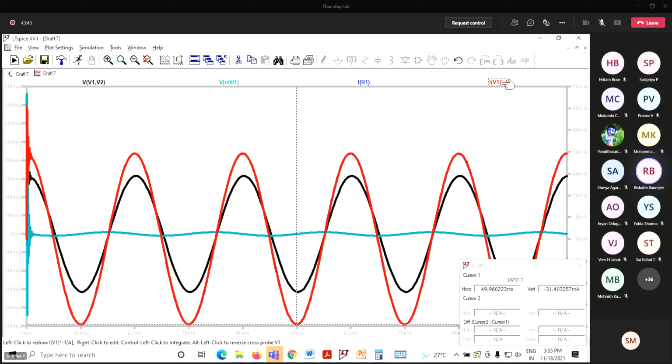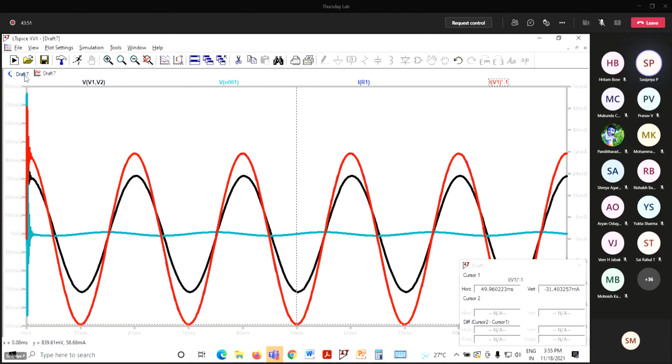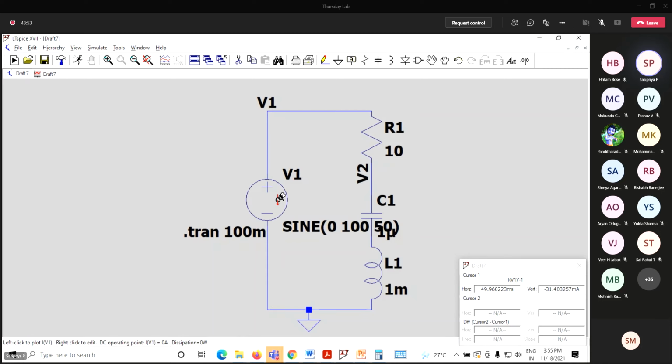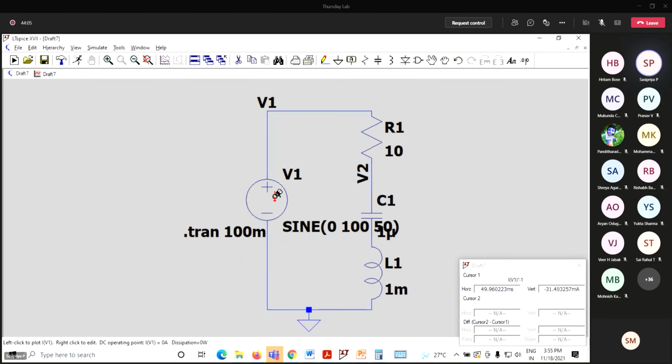This is only true for LTspice, right? Not theoretically. LTspice is taking its own reference and its own direction. That is why we are having this confusion. We cannot change the direction. Always when I place it here, it takes this direction only. I'm not able to change it. That's the reason I'm asking you to plot using transient analysis, so that I will get to know what direction SPICE is taking and have clarity on why it is coming reversed.